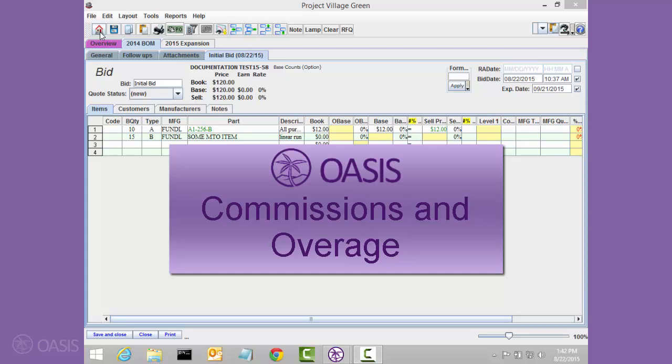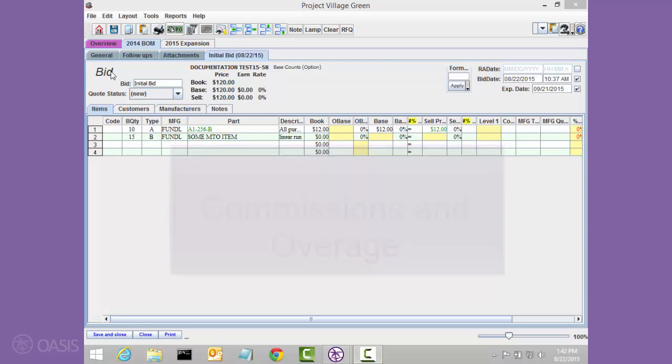The Oasis project bid has the ability to really streamline the pricing and identification of the true or net earnings on a particular job for commissions and overage. But you have to consider a few things before that pulls together properly. First thing to note is, unless you like typing, notice everything is coming in at 0% right now for this